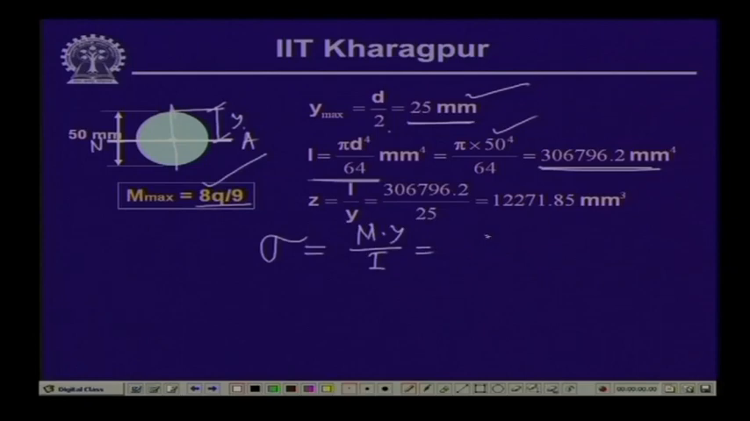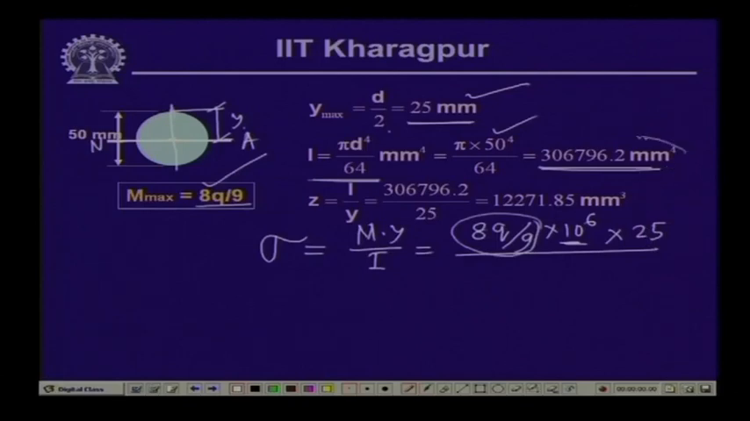So, this is equal to 8q divided by 9 into 10 to the power 6 Newton millimeter, because q is in kilonewton per meter. So, this is kilonewton meter, 8q by 9 is so much of kilonewton meter, multiplied by 10 to the power 6. Now, y is 25 and I is equal to this, which is 306796.2 millimeter to the power 4, and stress, as we have seen, is limited to 50 megapascal,